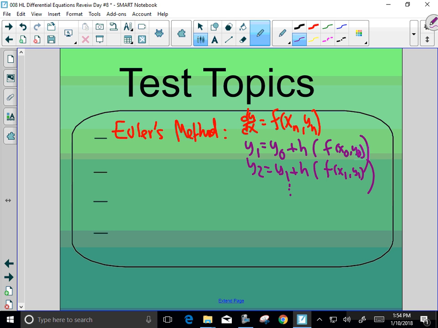Yeah, that's the integrating factor. That's going to come in threes here. We have an integrating factor, homogeneous